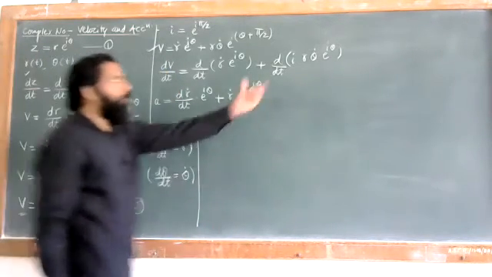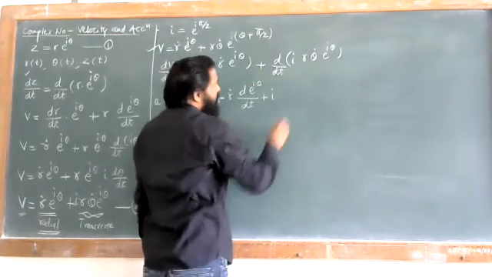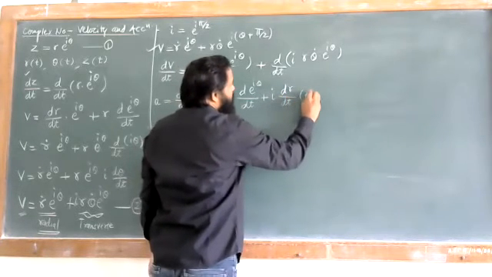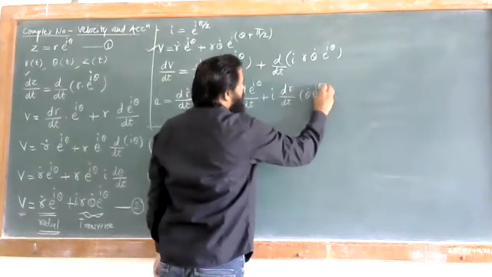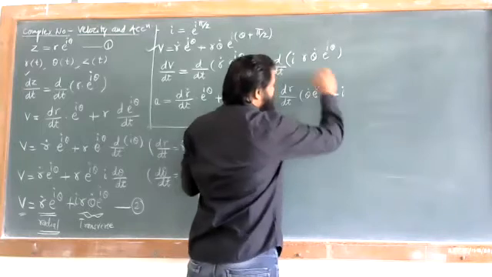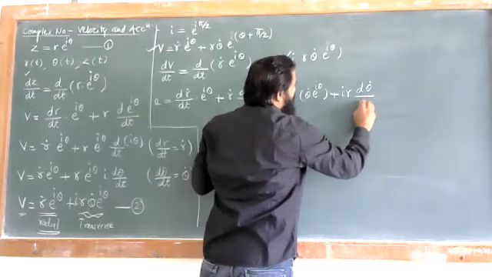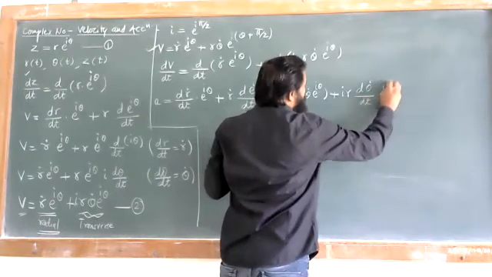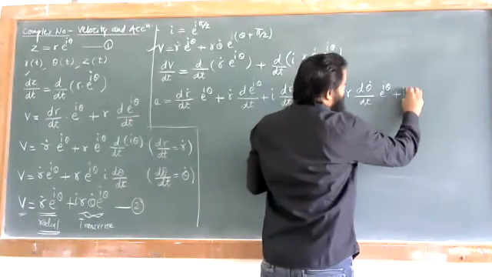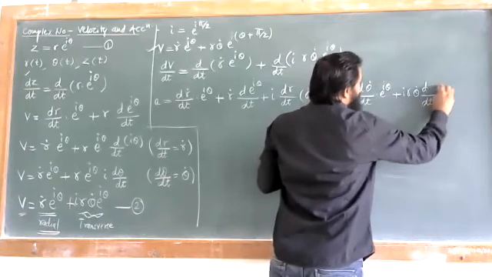Now for this one, i is constant, then the derivative of the first term is nothing but dr by dt, and the remaining two terms stay as they are, theta dot into e raised to i theta. Now we can have the second term, so i as it is, r as it is, into the derivative of the second term, that is d theta dot by dt into e raised to i theta as it is, and plus the last term, that is i as it is, r as it is, theta dot as it is into d by dt of e raised to i theta.